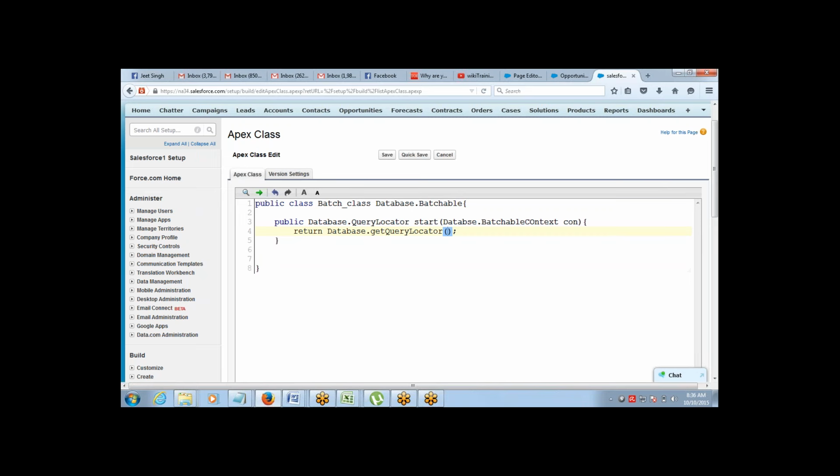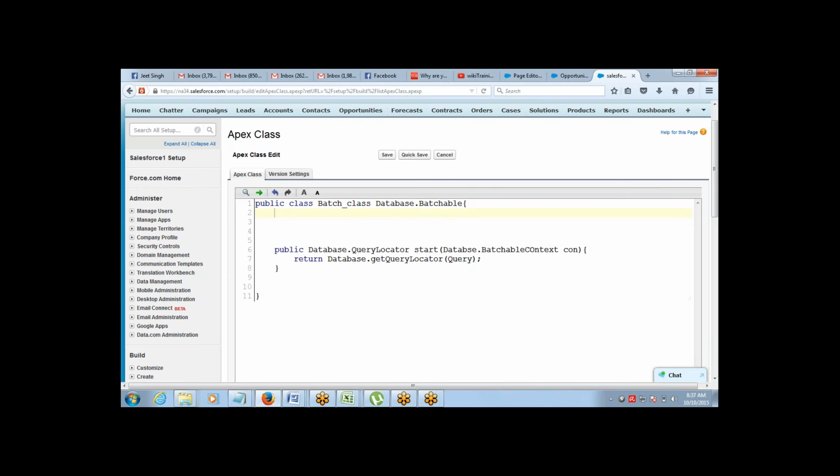I'll call it query, and here I will define the variable called query, of type String. So define a variable which I'm going to use.